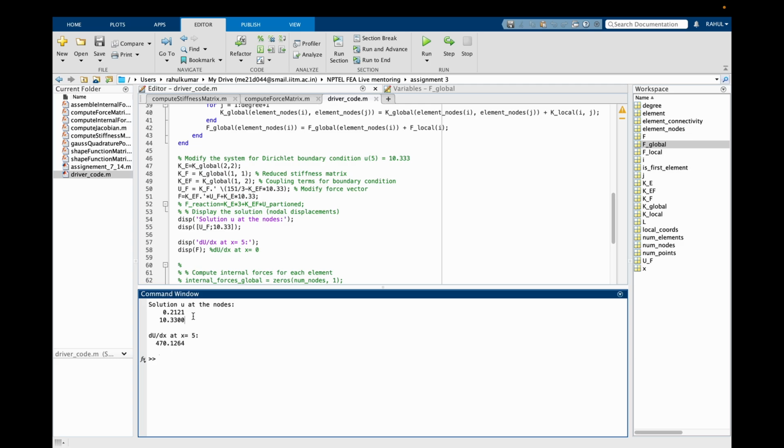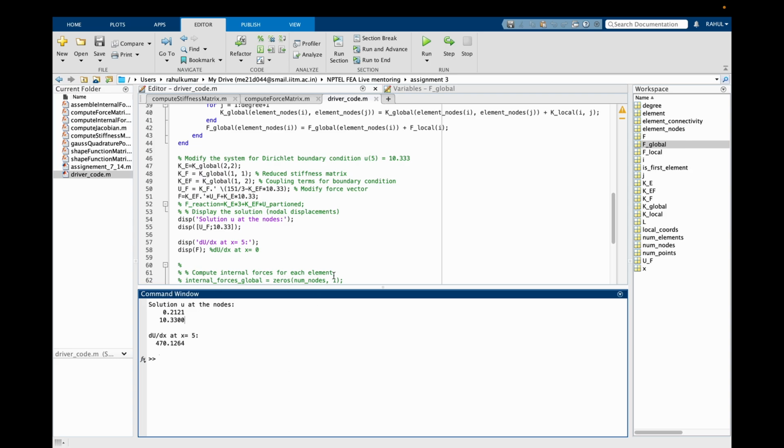Yes, sir. It's clear. One thing, I want to know about the Gauss point. For example, here there is one element and the Gauss points are two. Within that element, integration will be done at those two locations. So where should those locations be? Will they be uniformly distributed or how will they be decided?